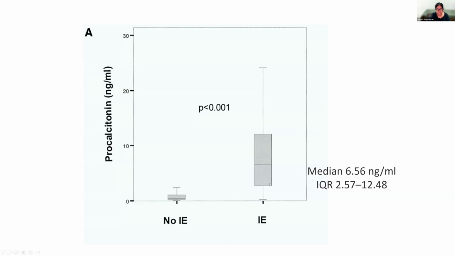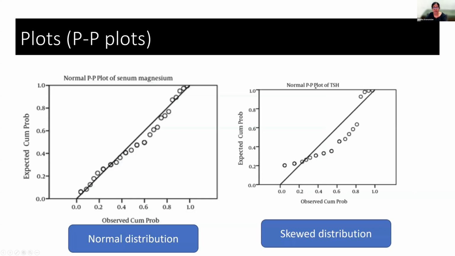So here, what is the distribution? This is again a skewed distribution because the box is not symmetrical. So rightly, the authors have used median and interquartile range to represent this particular variable. You can also use certain statistical methods. One among them is a PP plot, which can tell us whether the data is normally distributed